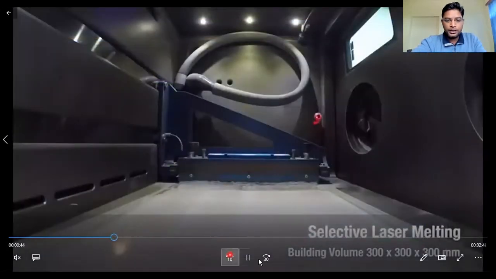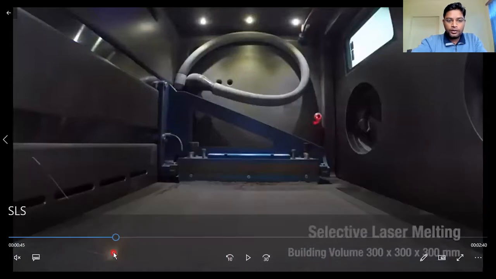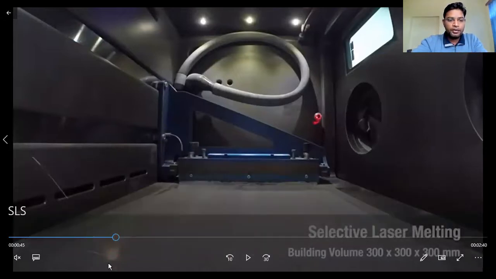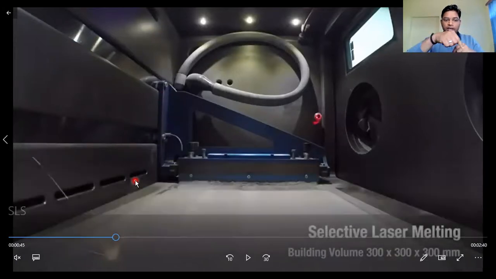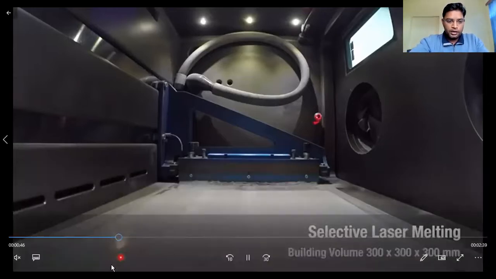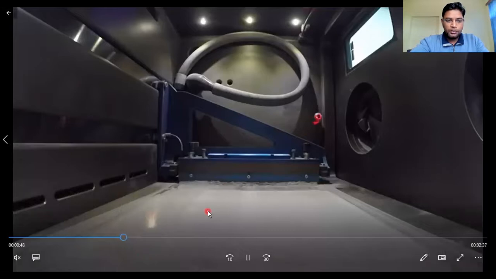Here, if you see, these lights are coming. These lights are nothing but the laser. We cannot see a laser because it is energy containing photons, so it cannot be visible. But from the top the laser is coming, and we can see that wherever it impinges, an arc is generated, meaning the material gets solidified. So you can see that it's depositing the material.